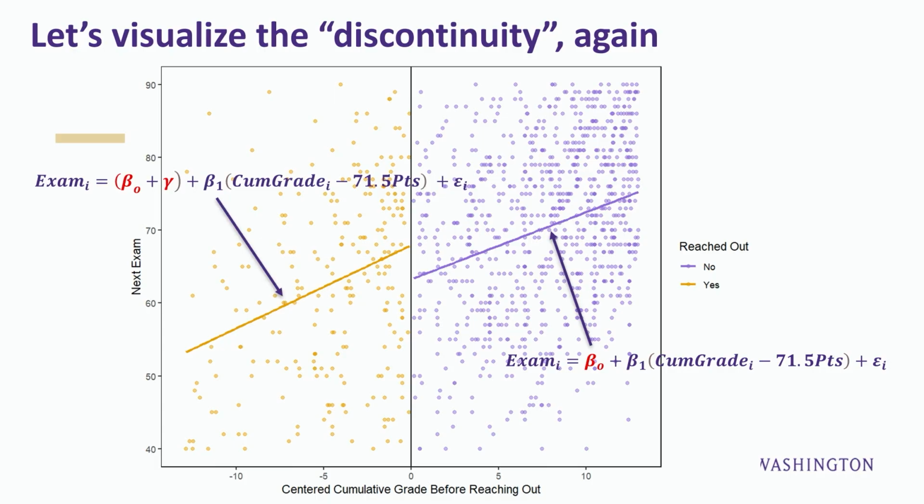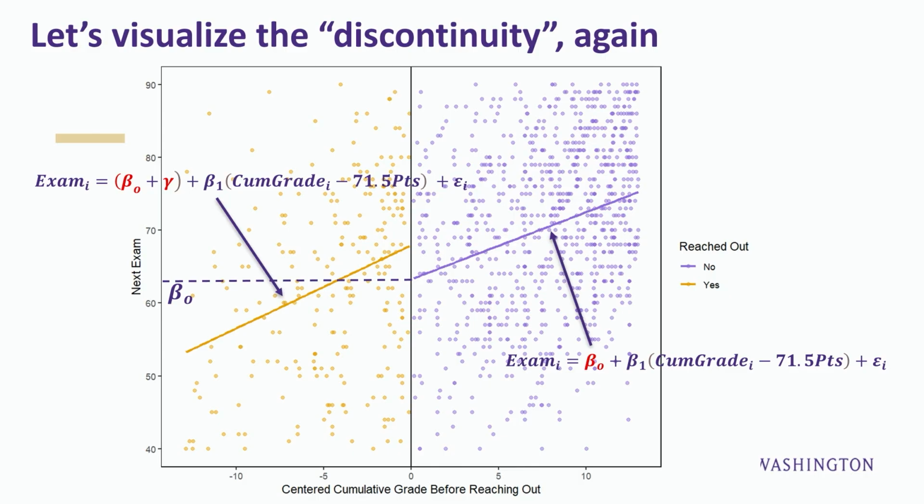And the only differences between these two is that we have beta 0 plus gamma for the golden regression line, but only beta 0 as an intercept for the purple regression line. And if we can find these coefficients from the visualization, we can actually know where we get this estimation. Okay, so at 0 point, if we try to find the intercept of this purple line, that would be the